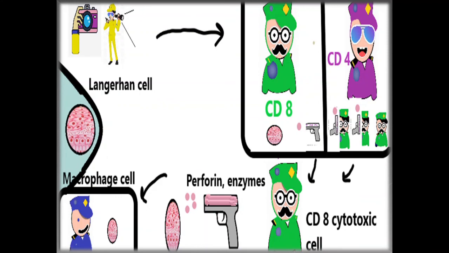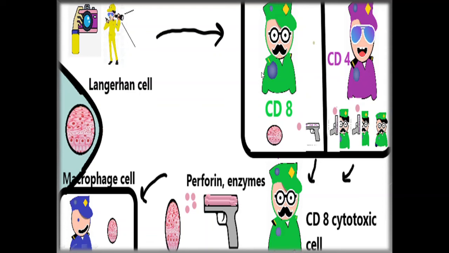But what is going wrong in lichen planus, when everything is going right? The Langerhans cell, the surveillance officer in the body, by chance considers keratinocyte as a suspicious antigen. It has taken a fragment, a part of the keratinocyte, and this Langerhans cell is getting confused. I don't know what exactly it is.